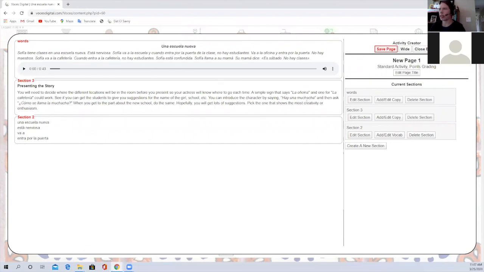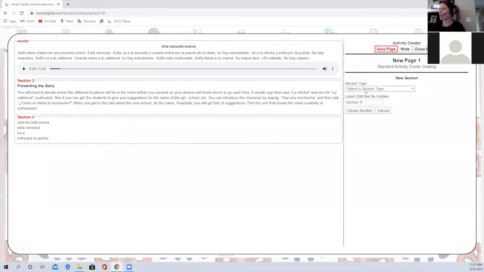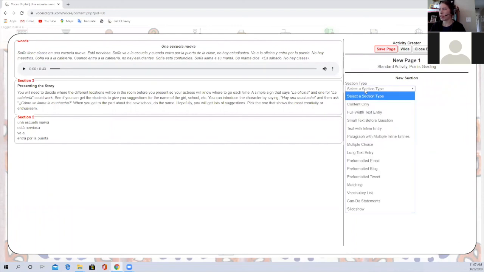And in this case, though, I want to add a question. So to add a question, I'm going to click create a new section. And then I'm going to select a section type. So as you can see, there are many different types of activities and section types. But with this question, I'm going to add a question that relates to the story a bit, which is about someone who is,